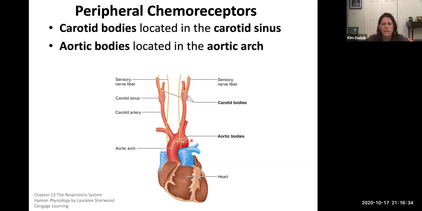And then right at the aorta, there are aortic bodies, also chemoreceptors. So it makes sense, right? The amount of oxygen and CO2 in our brain is really important to regulate. So we have chemoreceptors in the carotid arteries. That's what brings the blood right up to the brain. So test the blood right away. Okay. And then as blood is leaving the left side of the heart, let's monitor it right at the aortic arch, right before it starts to go to the rest of the body. So again, we adjust the breathing rate accordingly because we test it right away as the blood is just heading to the systemic system.